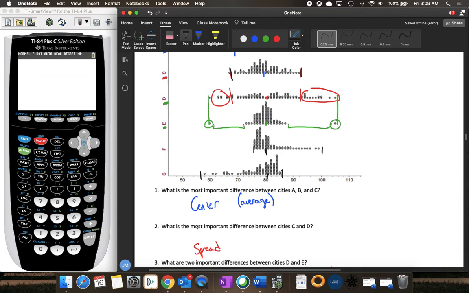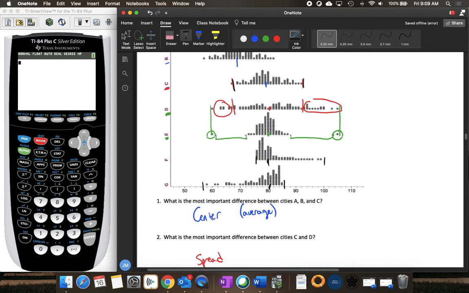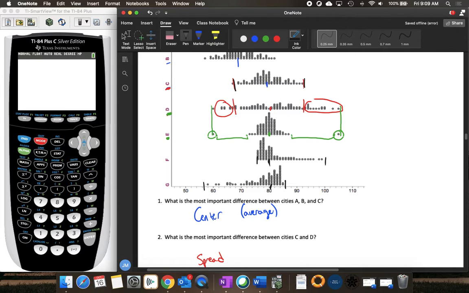So it's not the centers, it's not the spread, it's not even outliers. Notice that really there aren't any outliers for those? Yeah, I mean, we've got some points over here, but there's not huge gaps like there were for graph E. So really what makes those different, if you look at them, is just the shape of